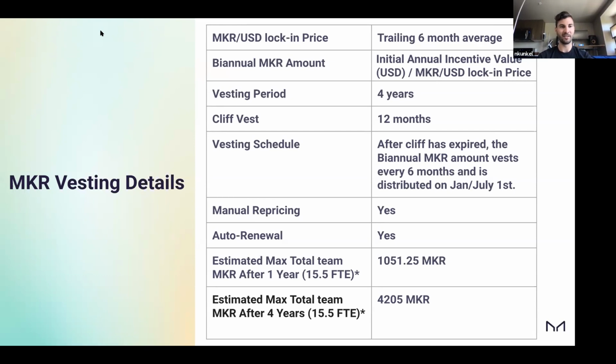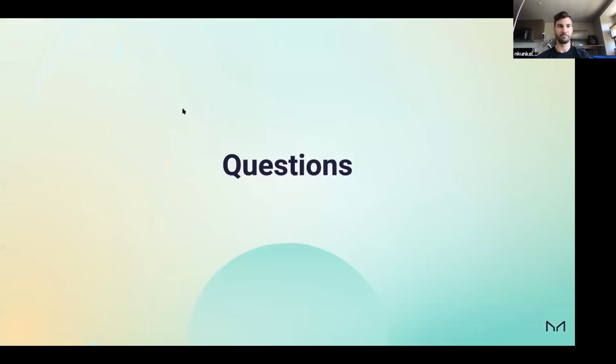But again, I want to err on the high side so that there are no big surprises, at least negative surprises, and there can only be pleasant surprises of, oh, we only had to spend 2/3 of that or something, right? The 4-year estimated max is just the 1 year multiplied by 4. But again, we don't expect it to actually end up being that high. Okay, questions?